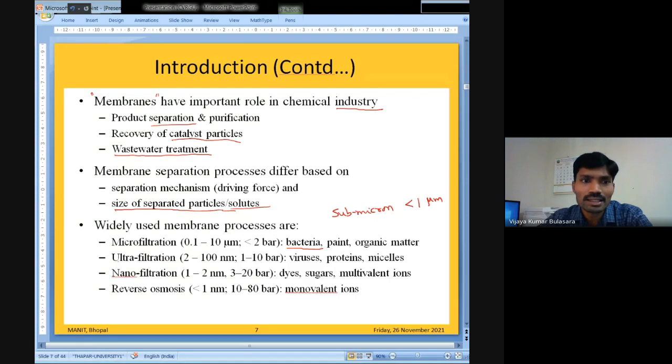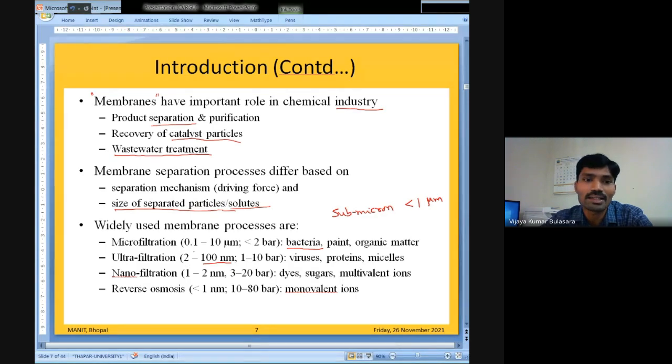Here it is slightly superior to the microfiltration membranes, in which the pore size ranges between 2 to 100 nanometers. So 100 nanometers means 0.1 micrometers. The pore size is smaller than that used in microfiltration. If the pore openings are small, then the flow rate, or permeate flux, or permeability also reduces. Therefore, the flow rate through the membrane becomes reduced, and to increase the flow rate,